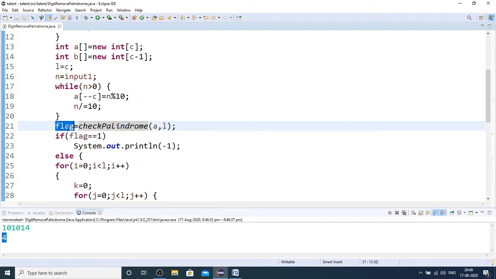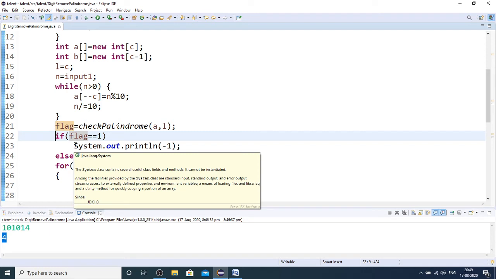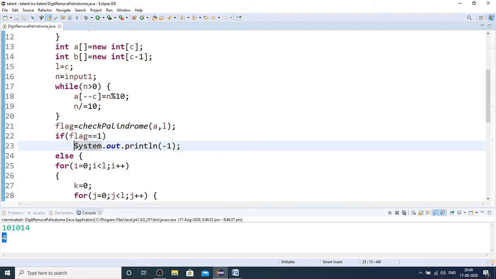And this particular flag, if I'm going to get it 1, that indicates it's already a palindrome. So that's why here I have written if flag equal to 1, I'm just displaying it. So again, I need not tell. In the company exam, what you will be doing is you will just replace this system.out.println with return, because there you are supposed to return to the server.